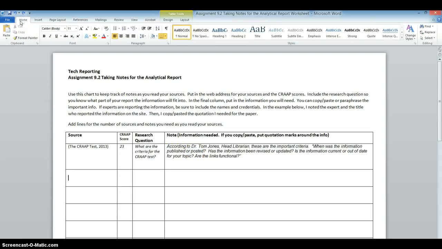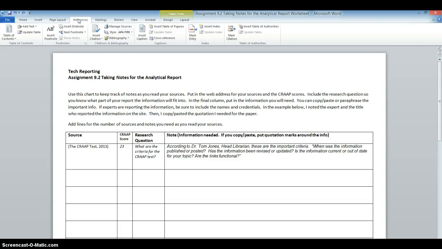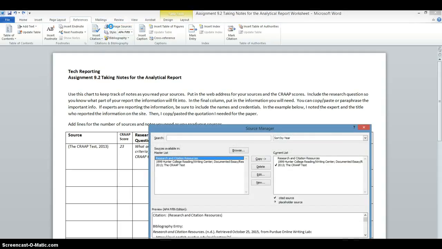I'm going to go up to the top menu bar and click on Home, and this is where we normally start. This is what it looks like as you're just typing along. So when you want to use the source feature, you slide over to the References tab and click the References tab. Now let's say you already found a source that you wanted to use and take notes on. Before you even begin, we're going to record that source in Microsoft Word so that it can keep track of that source for us. So you click on Manage Sources,